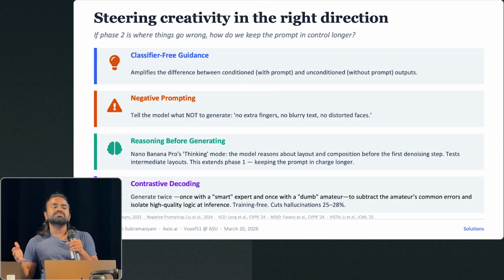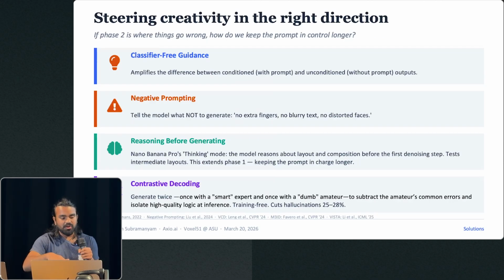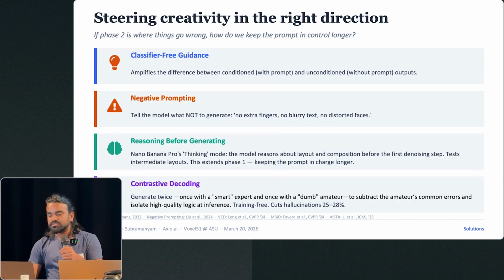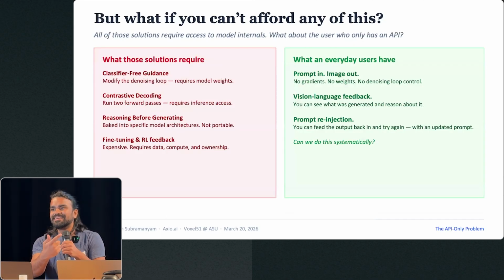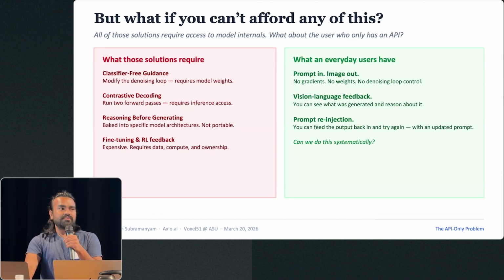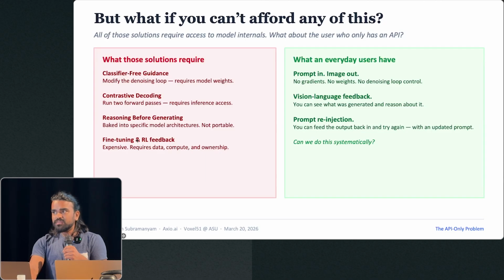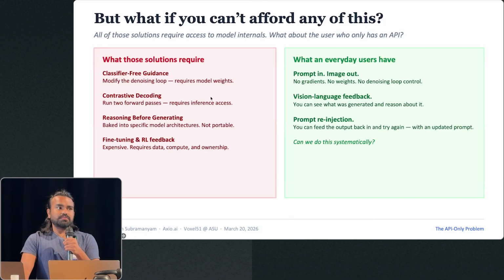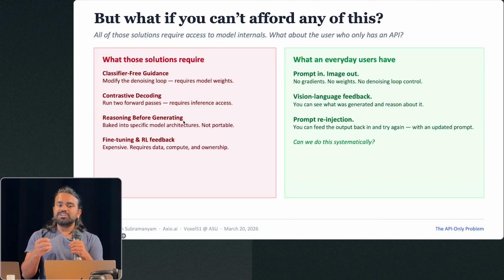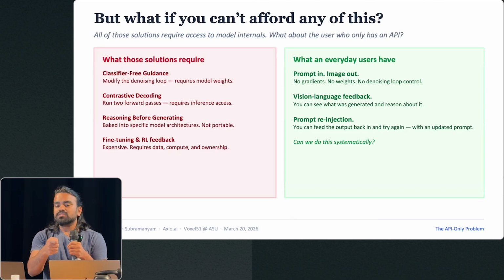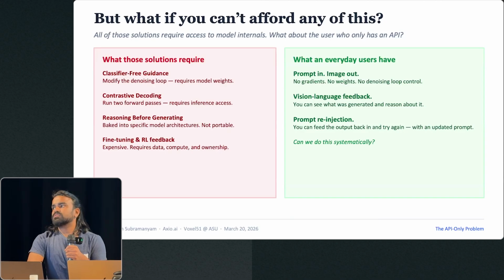If we do this on a distribution level and fine-tune the model itself, we are able to reduce hallucination. But the catch is none of us can do any of that. It's all for people who have access to GPUs. We cannot train models, we cannot do classifier-free guidance, we cannot do contrastive decoding, we cannot fine-tune models. We can reason before generation, but that is too expensive for us. We would need a lot of GPU tokens, or we would need to control what the text model's predictive outcome is going to be.